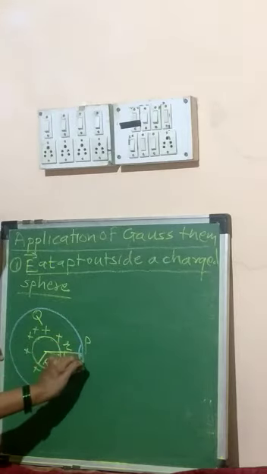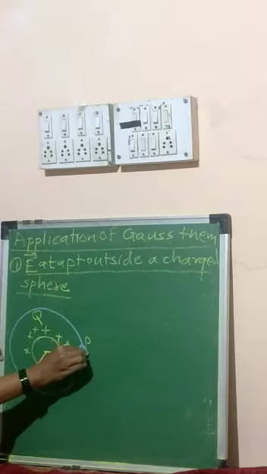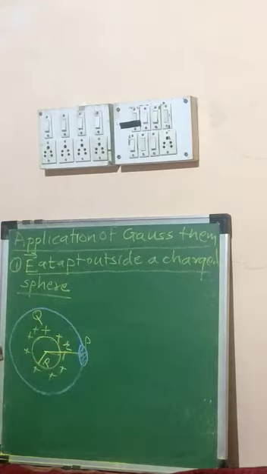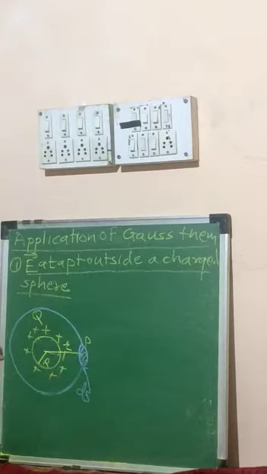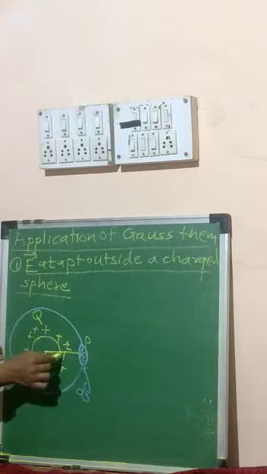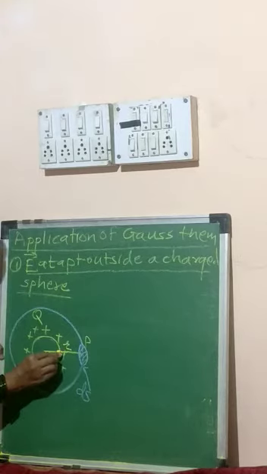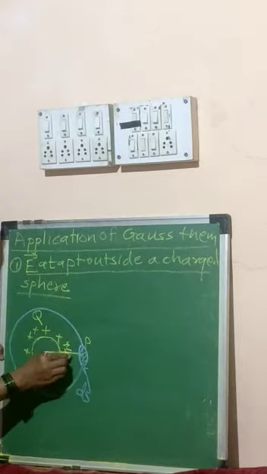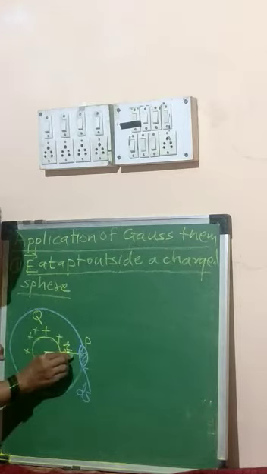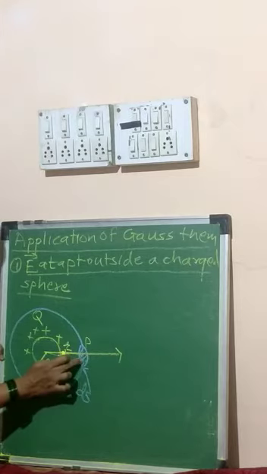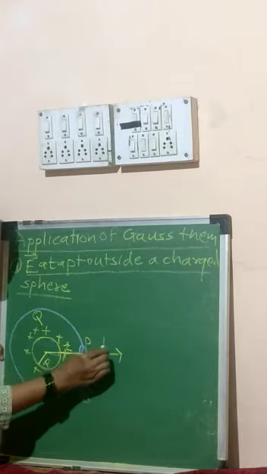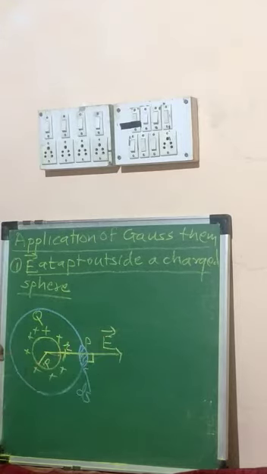Step number 2, we have to select a surface area where that point P will lie. So we have selected this surface area as a ds. Now we can draw a direction of electric intensity for electric lines of force which are passing through this surface area. So now your lines of force will start from positive charge which is deposited on the inner sphere, and these lines of forces are perpendicular to the surface area ds. Means now your direction of electric intensity is perpendicular to surface area ds.